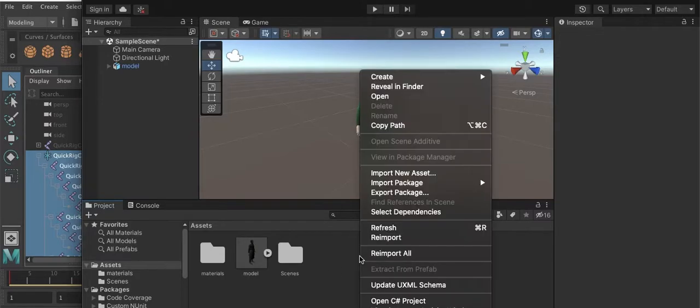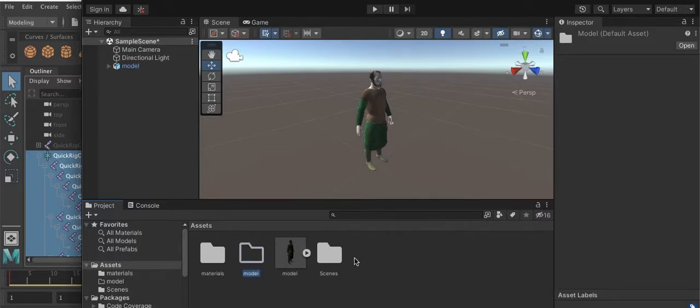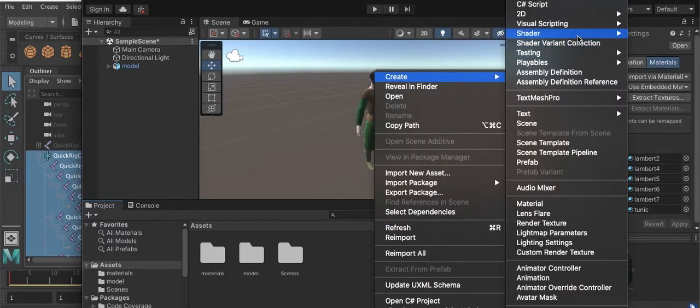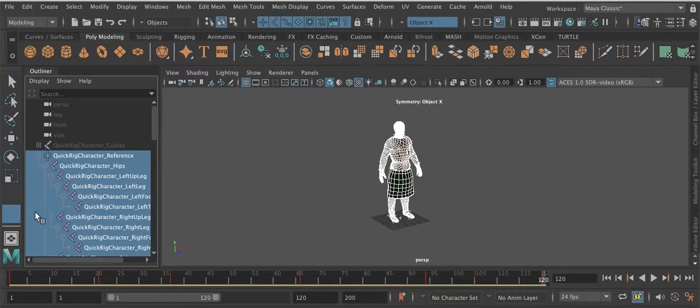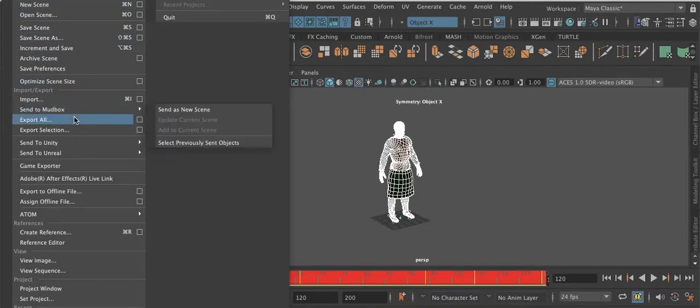I'm also going to create a folder for my model. And I'm also going to create one for my animations. Okay, so the next thing I'm going to do is export my animations. So this time I'm going to hold down shift and I'm going to drag select all of my animations. I'm going to File, Export Selection,